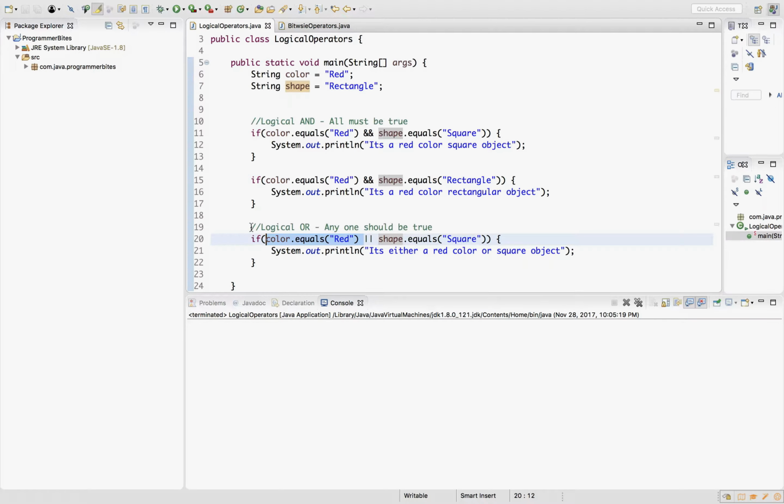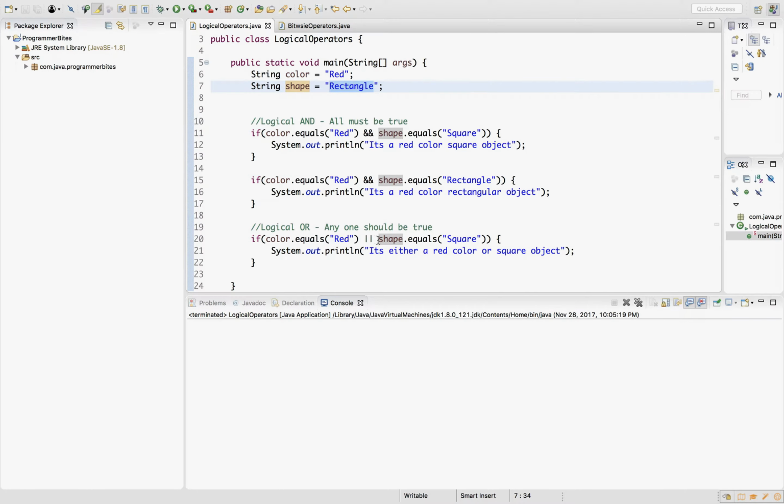Let's see the third if block. Here we have two conditions, color equals red or shape equals square. The first condition evaluates to true because the color is red, and the second condition evaluates to false because the shape is rectangle.